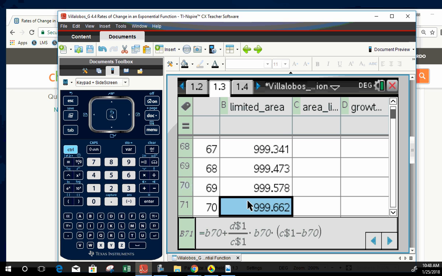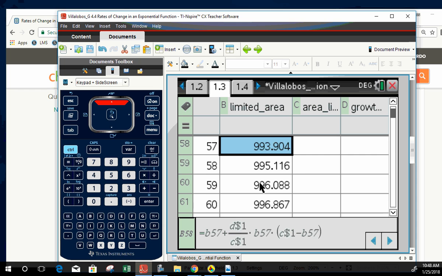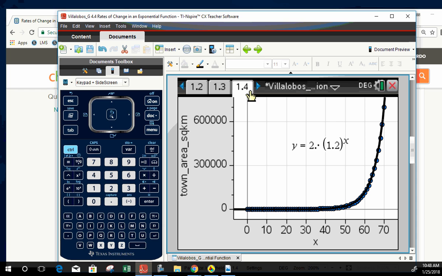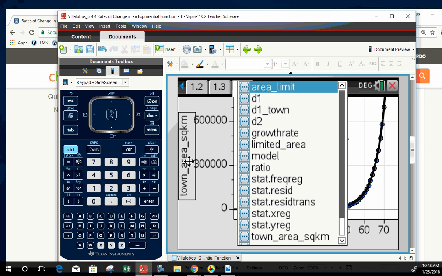Instead of the other number, now we have only, it reaches the limit, and it looks like it reached the limit quite a while. Well, yeah, here. So let's take a look at what that looks like by looking at the scatter plot. Here's this scatter plot, and we can change this to the